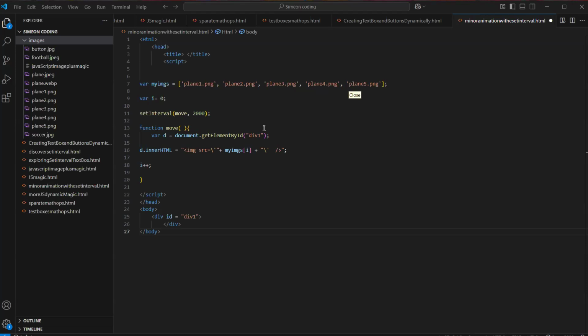The d dot image assignment operator image src.